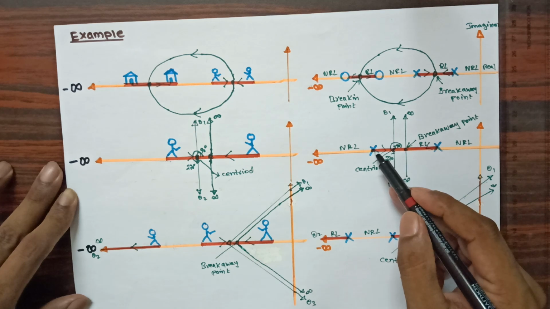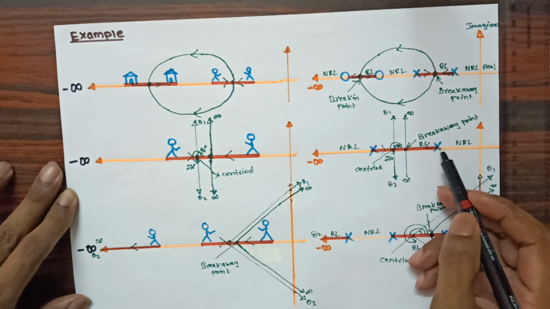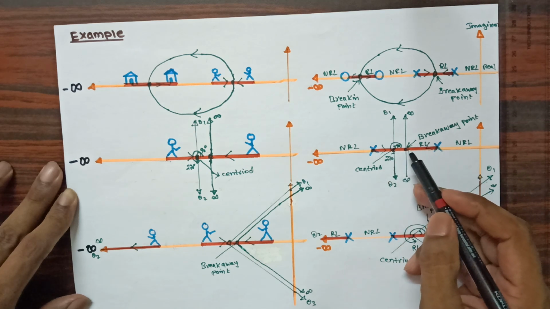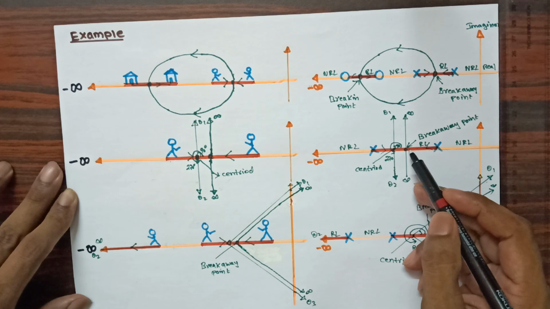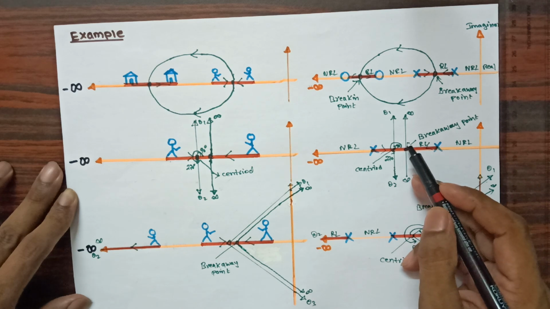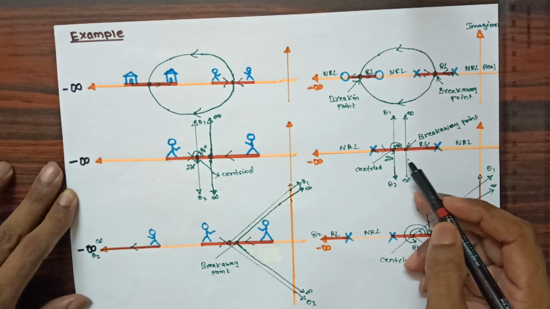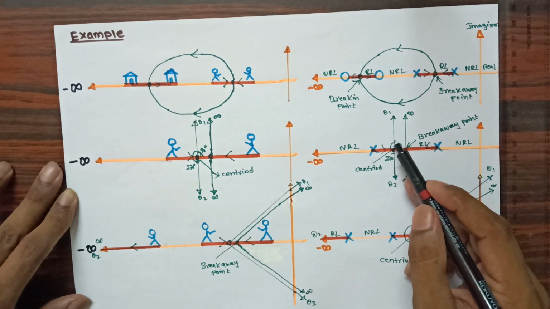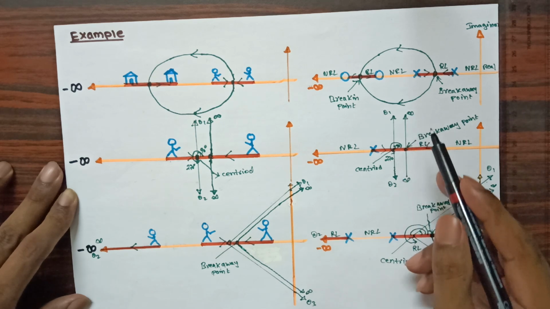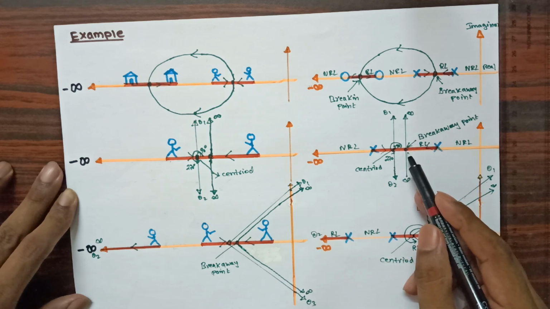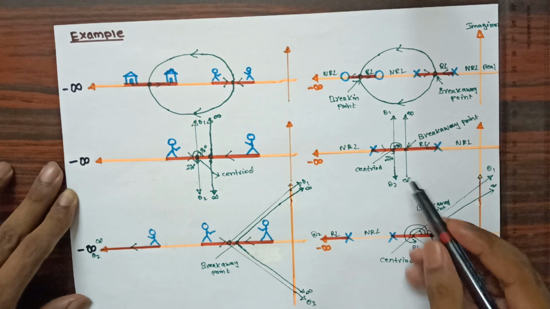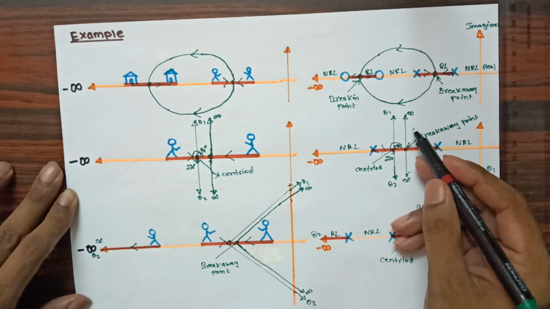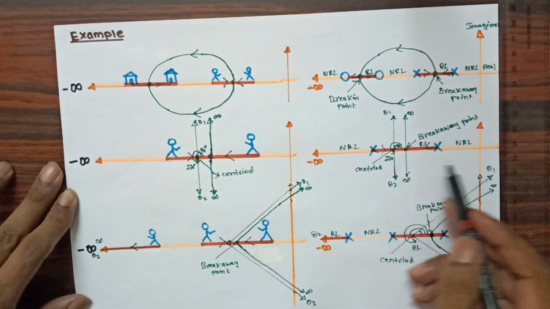Now this pole moving in this direction and this pole moving in this direction are going to meet at one common point. A point where more than one branch meets, we call a breakaway point. Once they meet, one pole comes out in this direction and the other pole in this direction, and they follow the angles and move towards the infinite path. In this way you can see the root locus in this type of example.